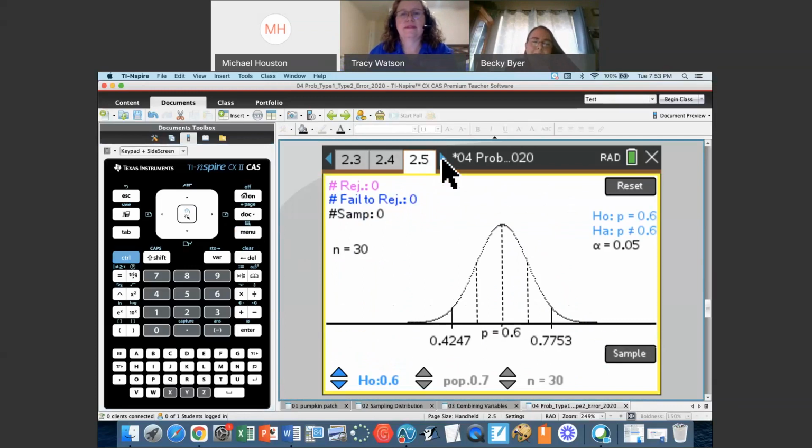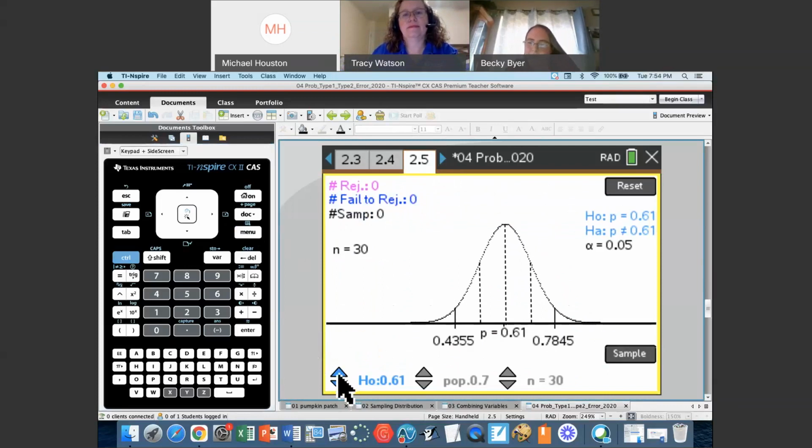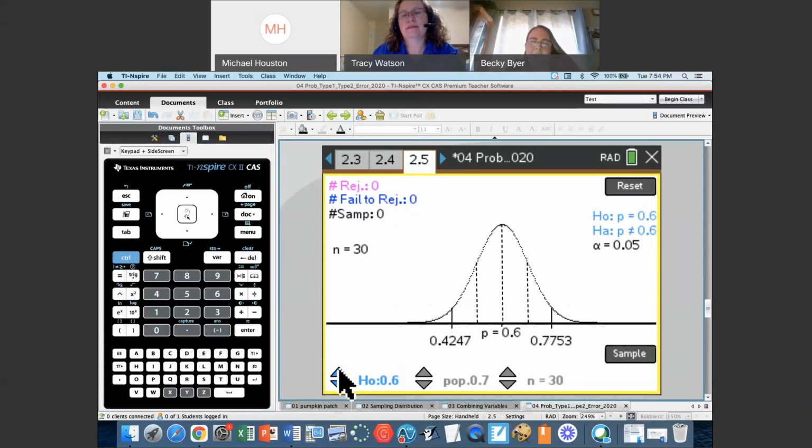Now the students are actually allowed to change both the null hypothesis and the actual population proportion, and they can change the sample size. So at this point, if you want to talk to your students about the probability of a type 1 error, you could actually set both of those guys to equivalence. So have the null hypothesis and the population proportion be set to 0.6.